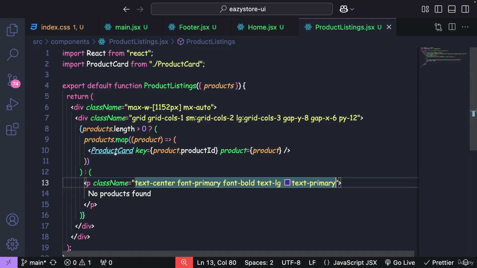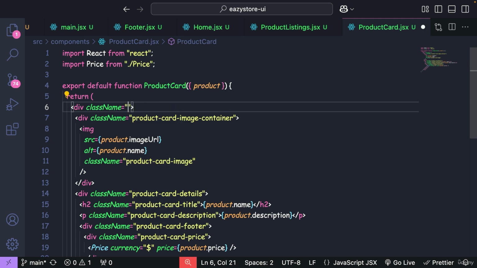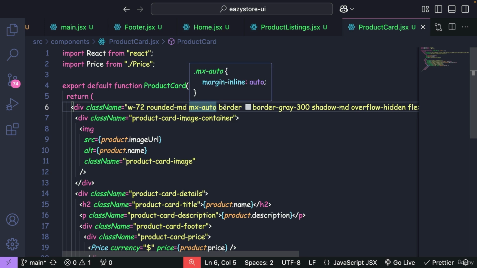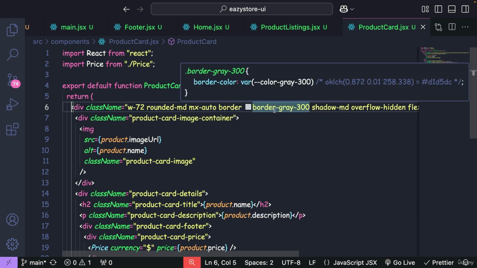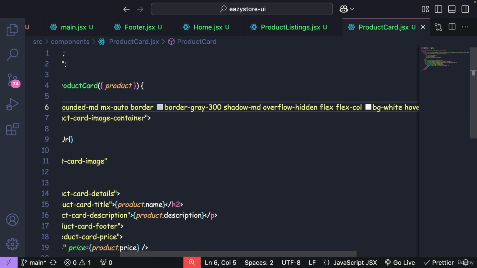For the same, let's go to the product card. Oh my god, here we have too many classes. Let's try to target them one by one very quickly. In the place of the product card class name, I'm going to use width of 72 units for each product. The product is going to be rounded-md, mx-auto, border, and the border is going to have a gray color of 300. There will be a shadow-md, overflow-hidden,